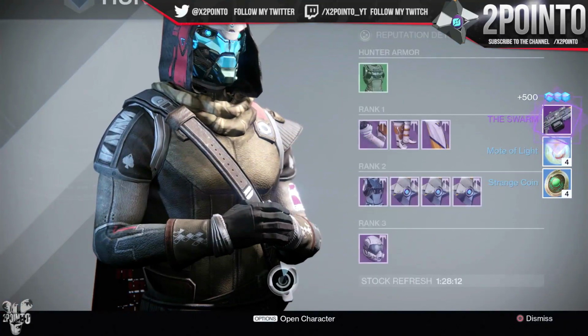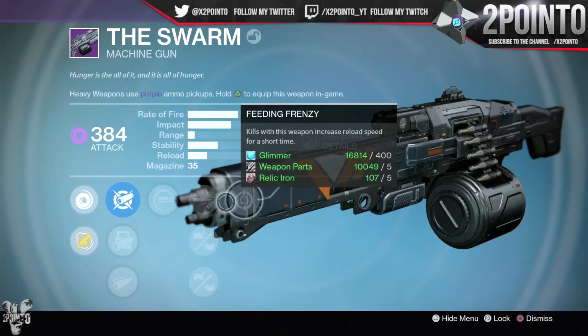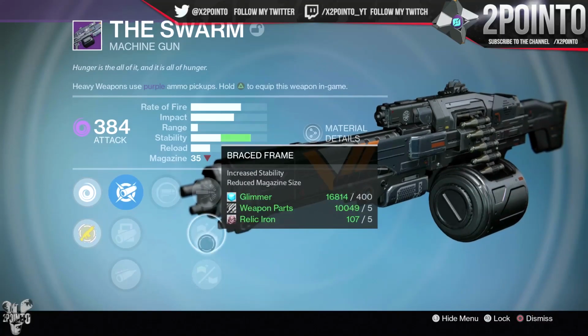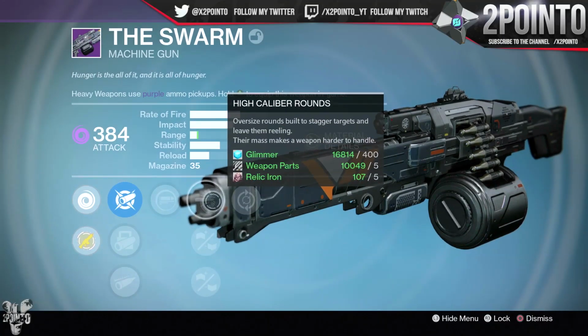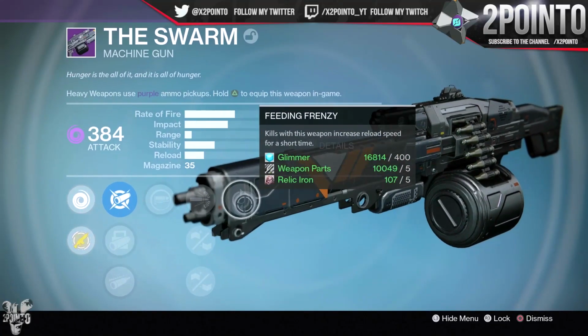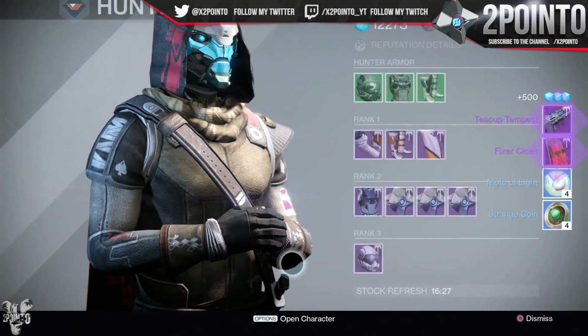Next up, I got the Swarm, really nice looking machine gun. This drops at 384 with Spray and Play and Feeding Frenzy. Very focused on my reload speed there. And then down the middle, it has high caliber rounds, brace frame and rifle barrel. Now, it was a real shame that this came at 384 as I was in need of some higher leveled heavy weapons, but oh well, we are on package number 18 now, nearing the end, and here I got the